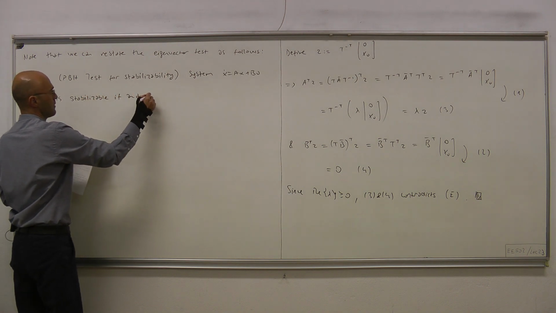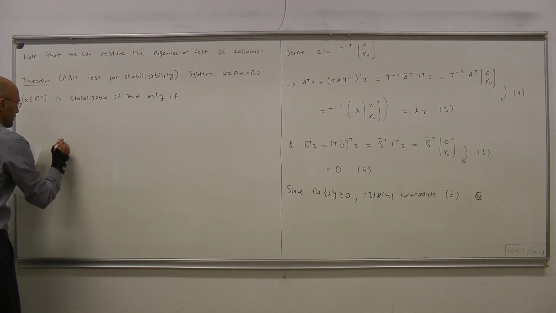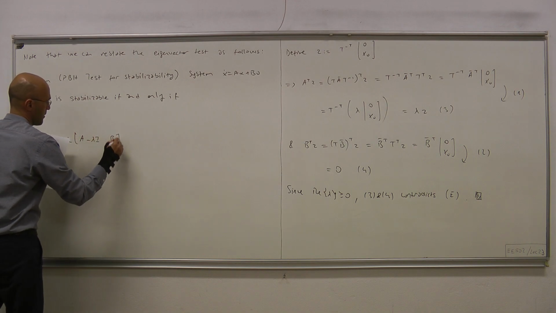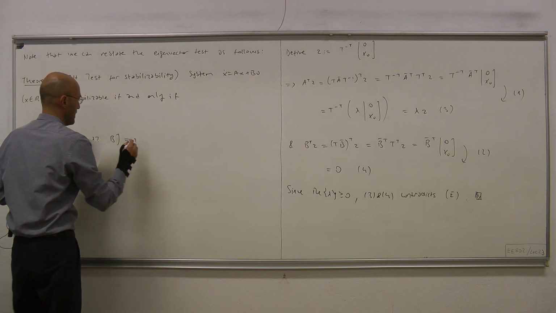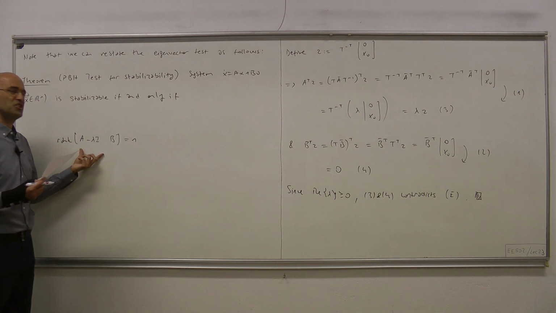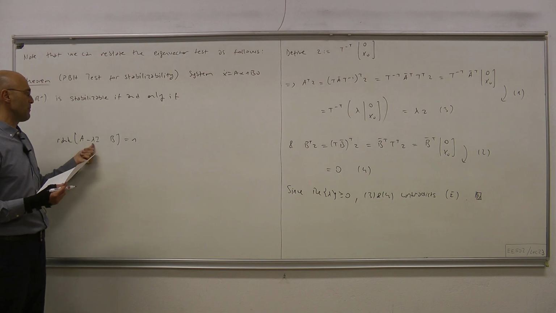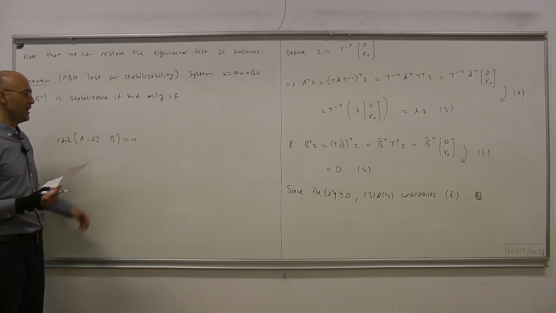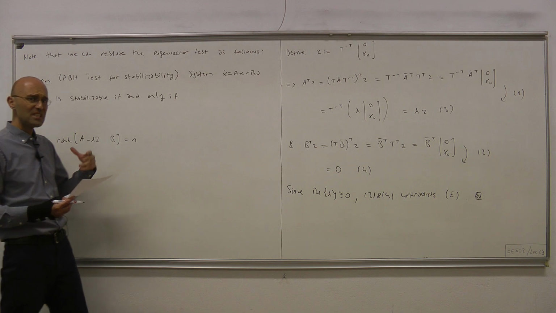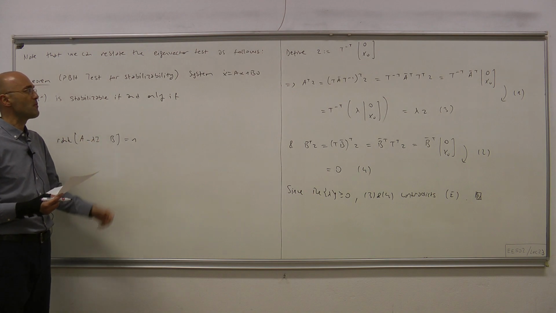if and only if this rank condition is satisfied: the rank of [A minus lambda I, B] equals n, the order of the system. Okay, if this condition is satisfied for all complex numbers, for all scalars lambda, then we know that the system is controllable. Now, the version of the test for stabilizability does not require that this is satisfied for all lambda, but for lambda only with